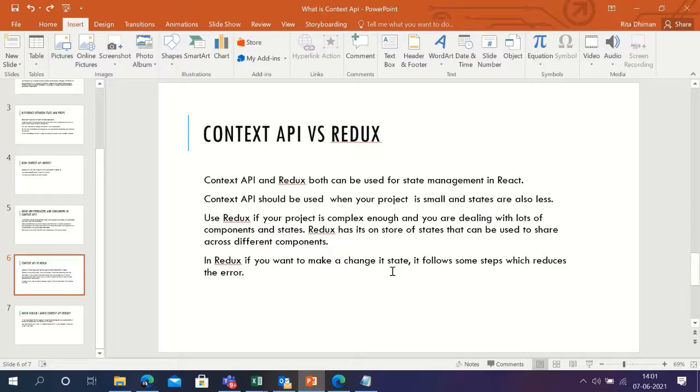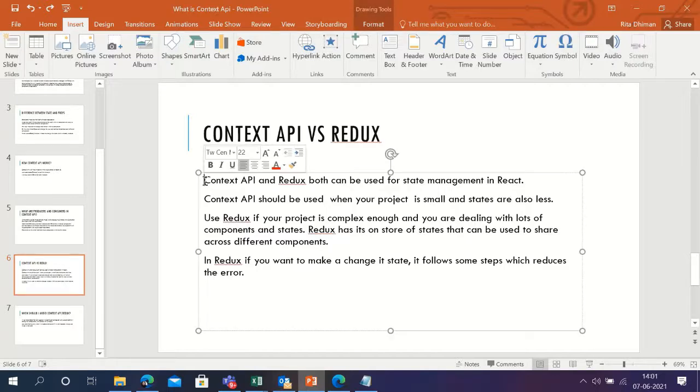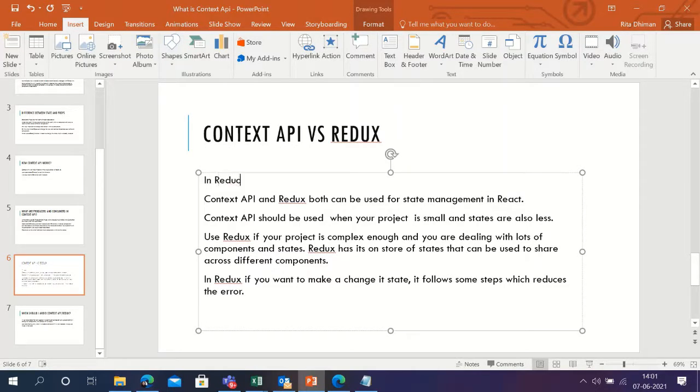But there is another term also, Redux. Redux also has different functions. In Redux we have three things: one is actions, second is reducers, and third is the store. The store has all the states, actions are the events that happen when the user interacts with the views, and reducers are JavaScript functions.